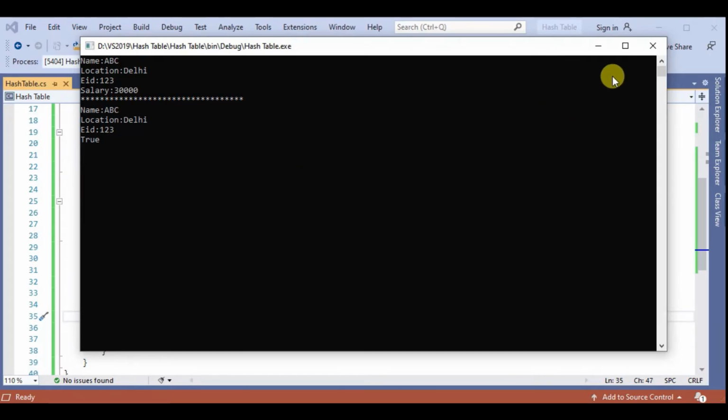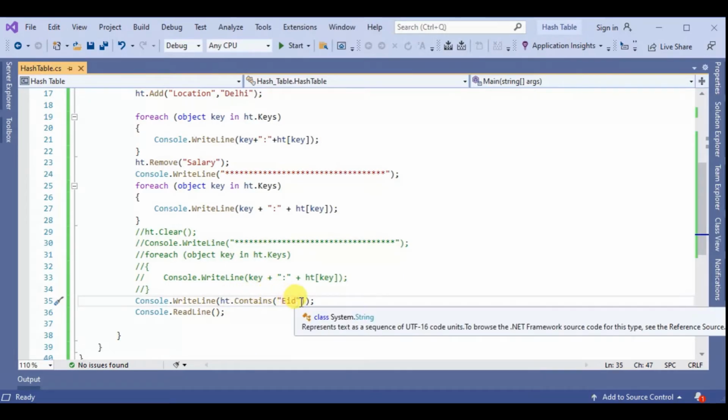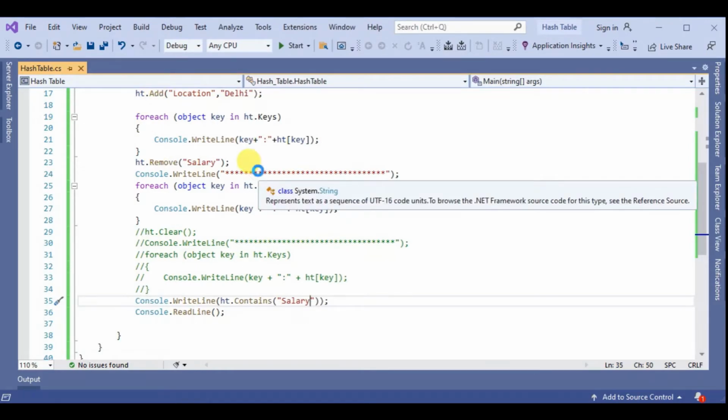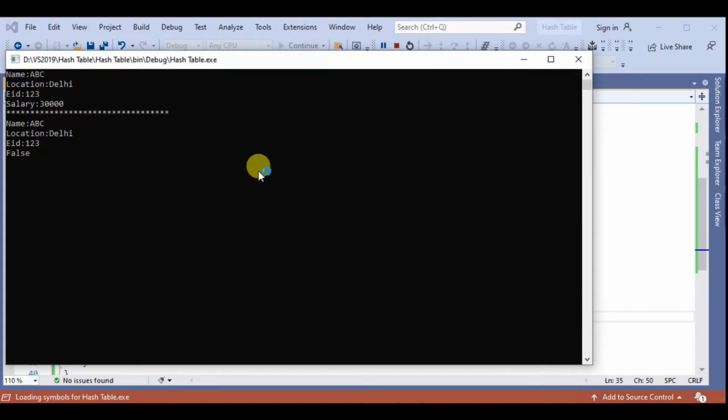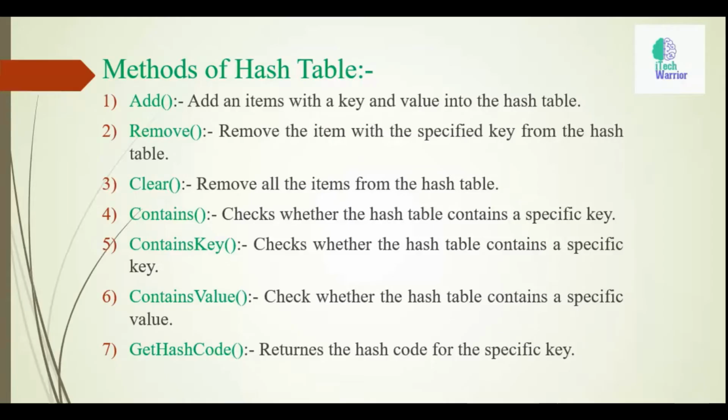True means the value we find by the contains method is present in the hash table. If it is not present, here we give the value salary and F5. So the output is false, because the salary item was removed before we searched for it.